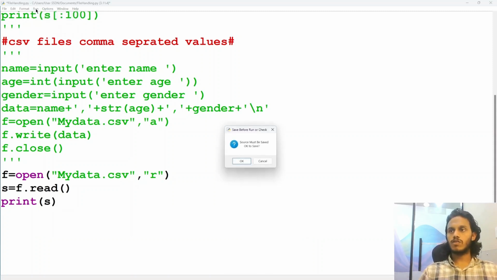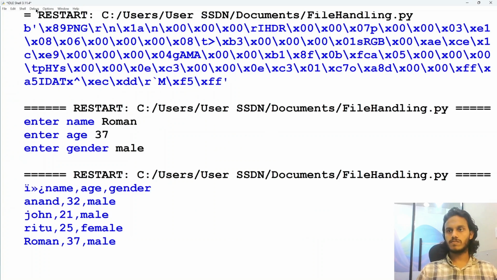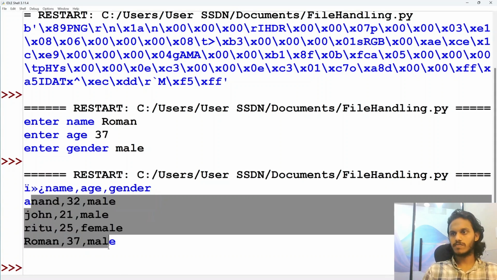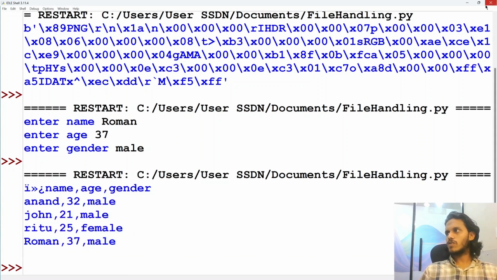Now let's check it out, all the commas and all the format. So it's coming in a very good format, except for this line. We all know this is the line which is created in Excel, not on our side. So that's why it is like this. It's not a big issue. We have to just focus on our data. Now, what we want is,